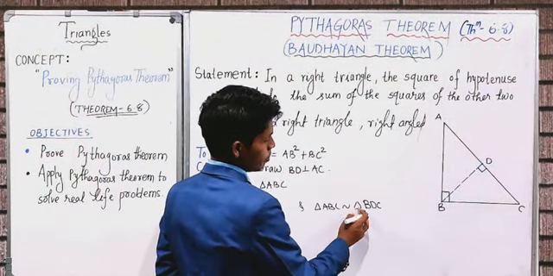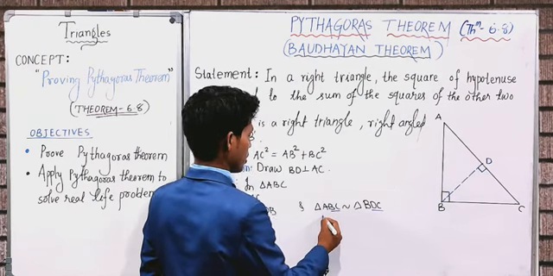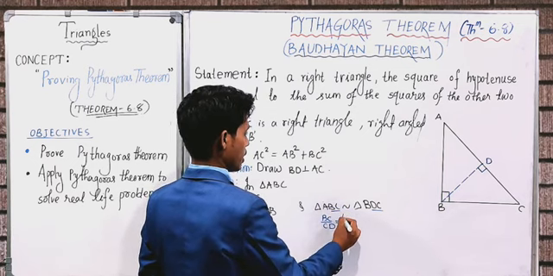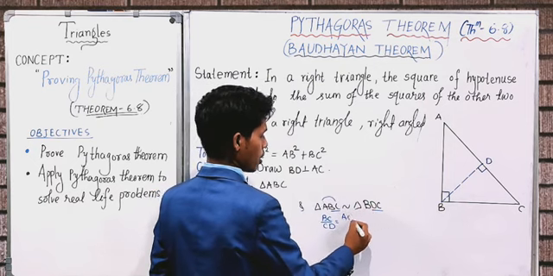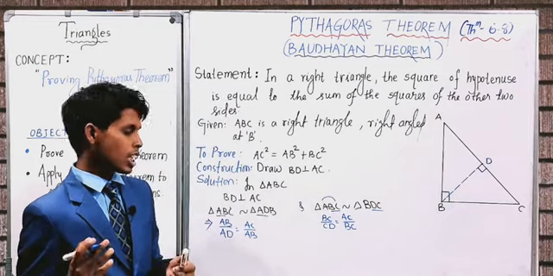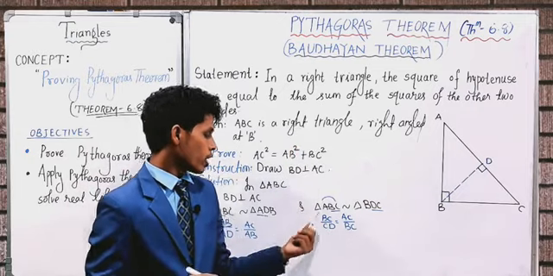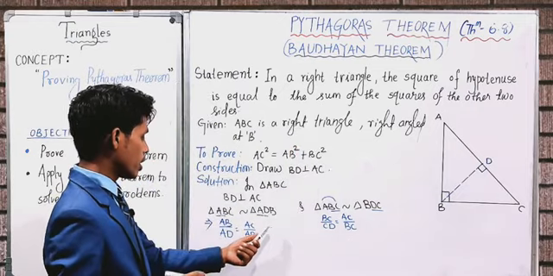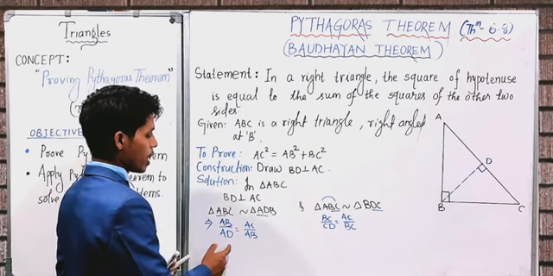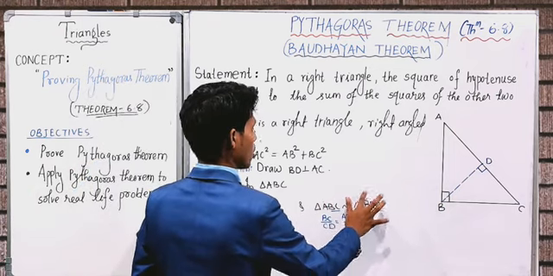Now let's move to the second one. Here ABC is similar to triangle BDC, so we can write BC upon CD is equal to AC upon BC. Okay, we know the three sides are proportional, but we will write only two, as these are needed to prove this theorem. We don't need to write the third side ratio to be equal to the other two. So here I got AB upon AD equal to AC upon AB. Here I got BC upon CD is equal to AC upon BC.